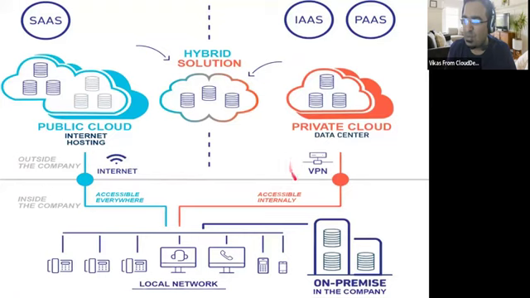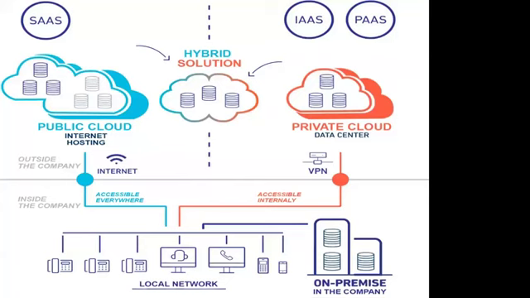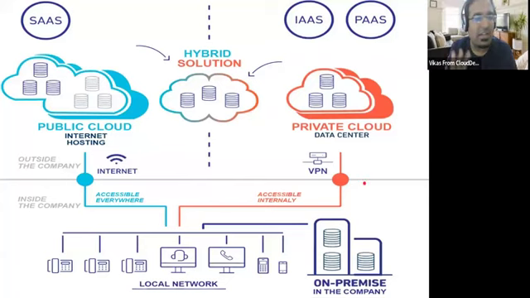Private network means with the help of VPN. In your office, you are connecting to your AWS account, right? First, you have to connect to the VPN, then only you are able to connect to your cloud. Agree? Means you are accessing the private network or private data center. It will be accessible only internally. That is called a private network.